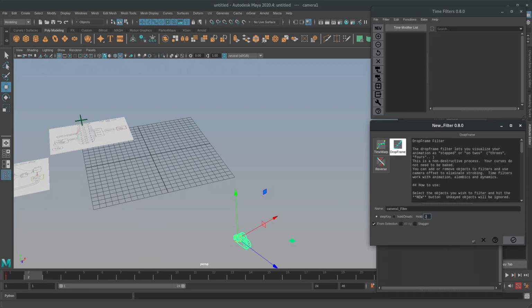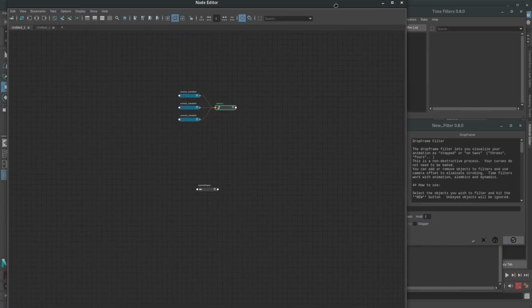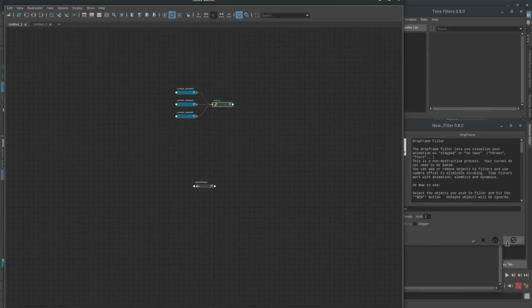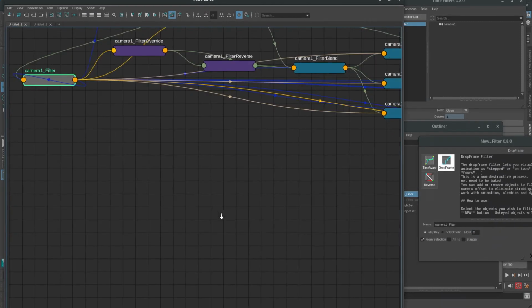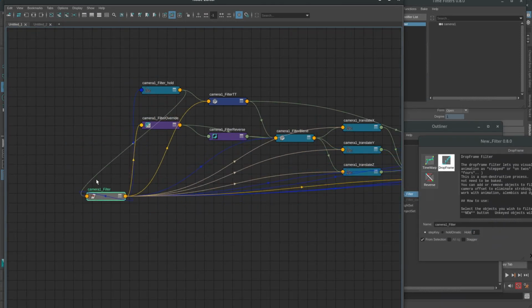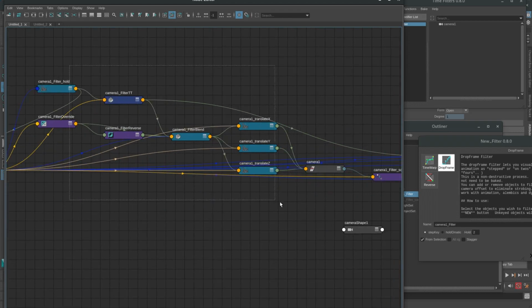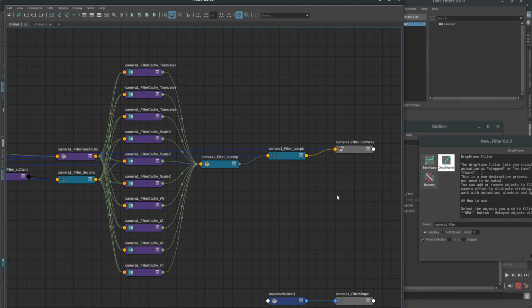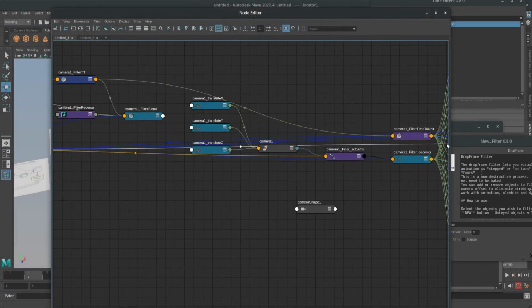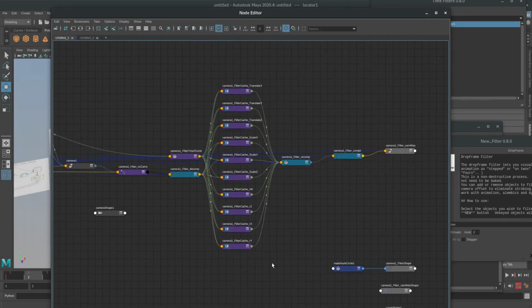So let's go ahead and create a new drop frame filter with a hold of 2, and what I'm going to do is open up the node editor so you can see what's happening when we create this. So let's create that and see from the node editor point of view. Now what's just been made here, we have the control object here, a bunch of stuff which I'm going to describe soon, and we have finally what gets output. So we can see we have a bunch of networks made here.